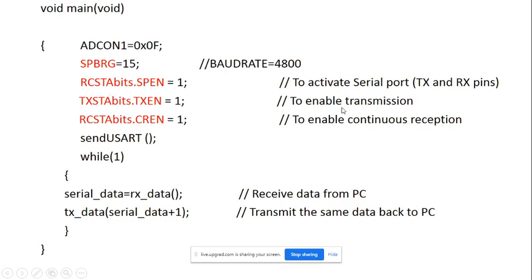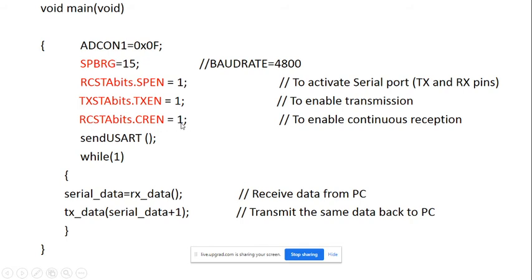Next, you want to enable the transmission process, meaning TXEN must be 1. Now this bit is located in the TX status and control register TXSTA. Next is to enable continuous reception, so the continuous receive enable bit CREN is 1, and this bit is available in which register? The receive status and control register.